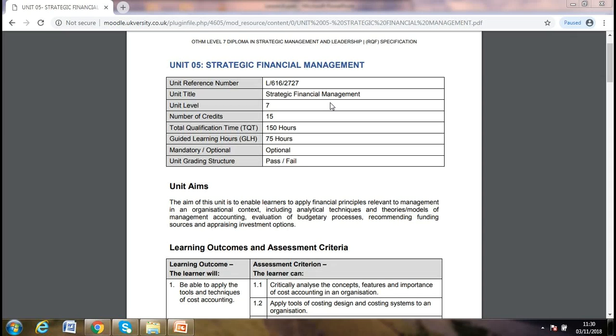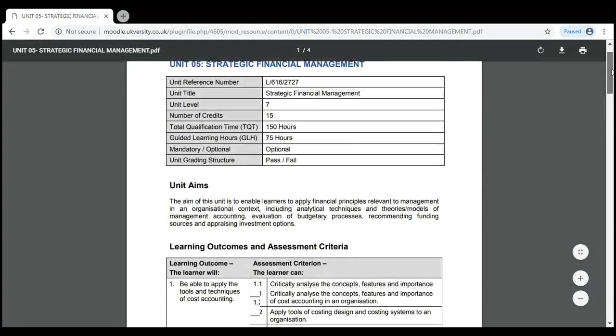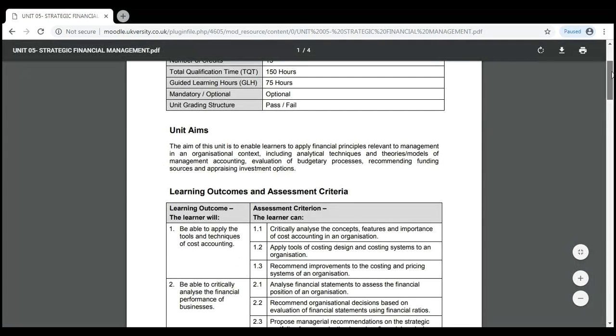Those who don't know me, my name is Anjum. I'm delivering OTHM Level 7 Diploma in Strategic Management and Leadership, and we are doing Unit 5 Financial Management. So Unit 5 has 5 learning outcomes. We already covered learning outcome 1, where we already learned about